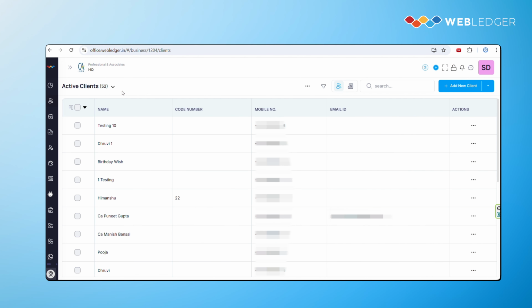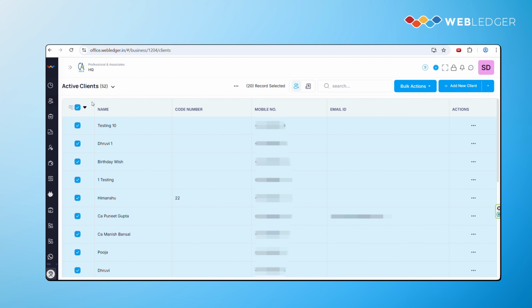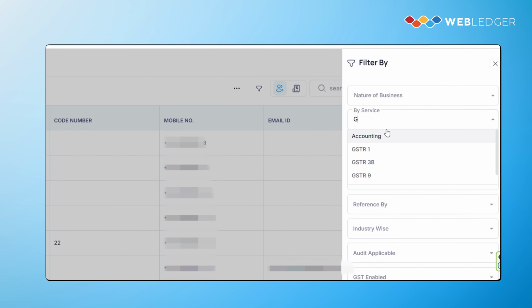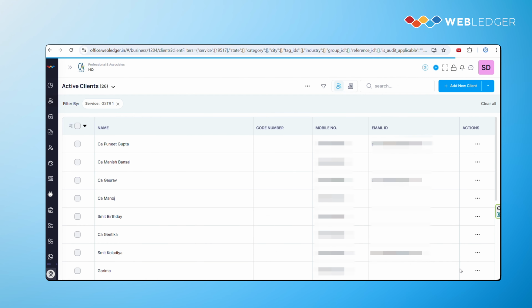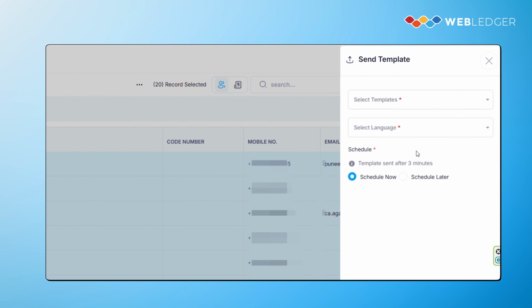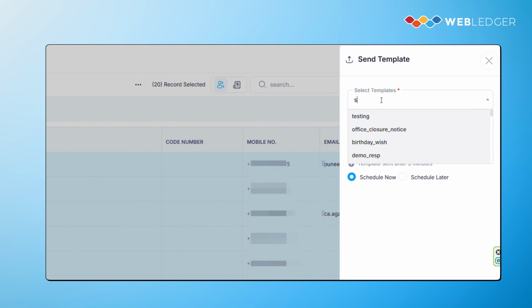So how do you share the message with all your clients on WhatsApp? Select all the clients based on whatever filter you like. For example, we want to share a reminder for GSTR1. So I will filter my clients for the service that I provide, apply the filter, select all the clients, bulk actions, send a WhatsApp message, select my template